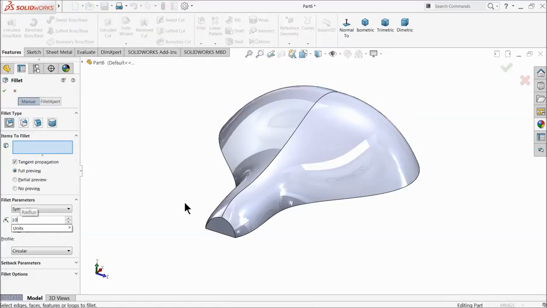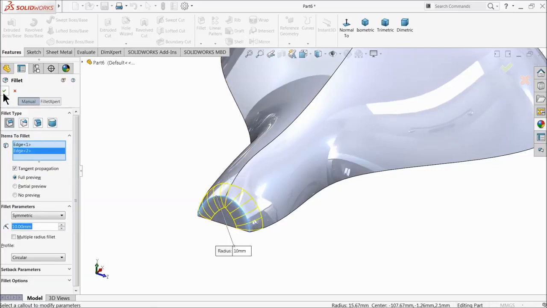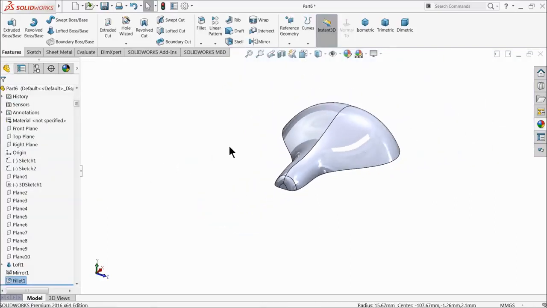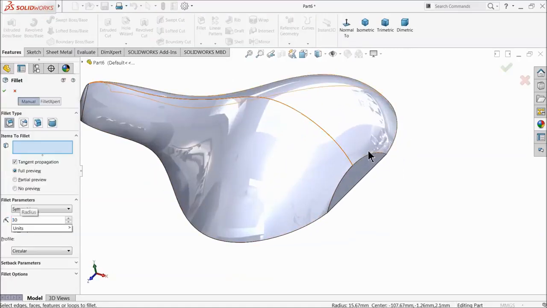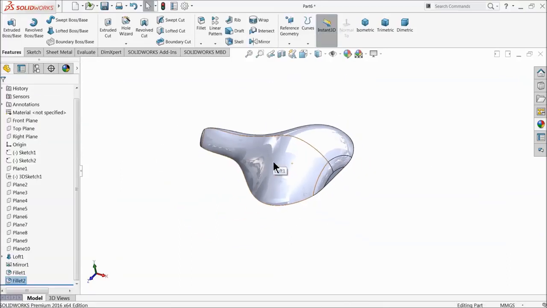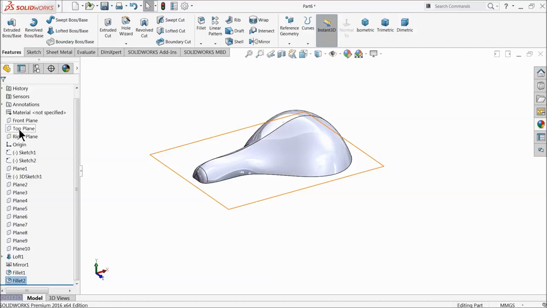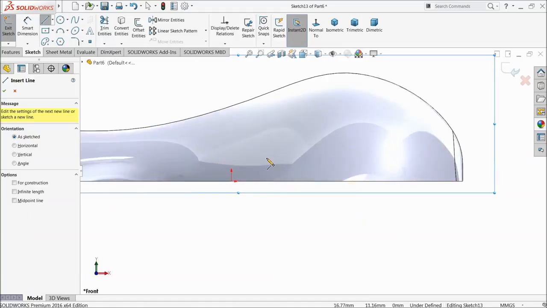Fillet 10 millimeter. Select this face. Okay. 30 millimeter. Select this face. Okay. That's it. Now again choose front plane, sketch, line,